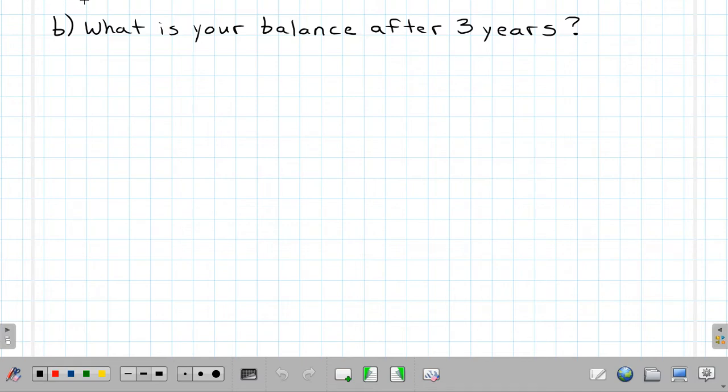So if we go to the next question, it says, what is your balance after 3 years, okay? And it's kind of assuming that you leave the $500 in there. You don't touch it, okay? You don't withdraw money or anything. But if you have $500 in there, you're going to still have your $500 in your savings account. But on top of that, and this is why interest is a good thing in terms of savings accounts, you're going to have that $500 plus the $45 in interest after the 3 years. So your balance after 3 years is actually going to be